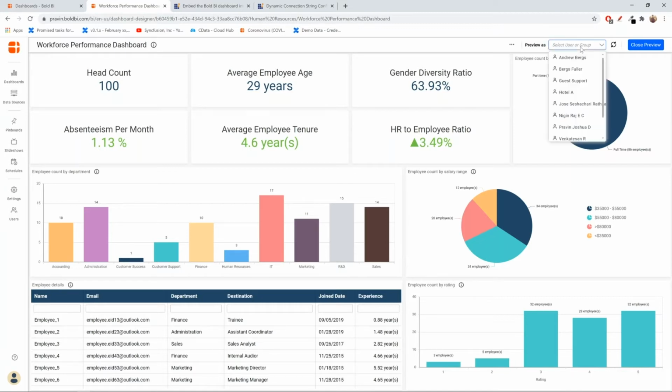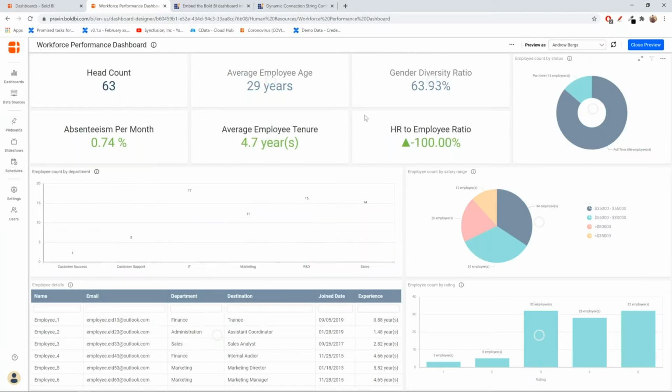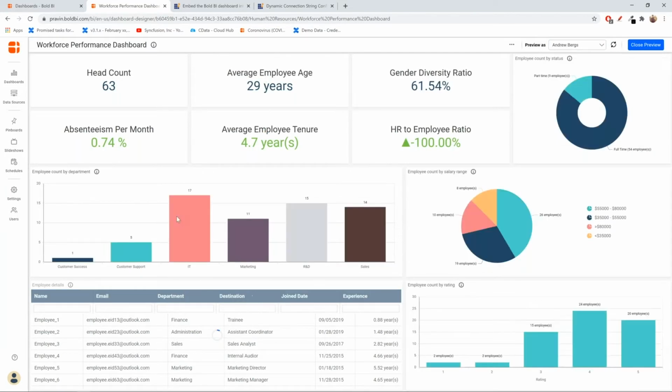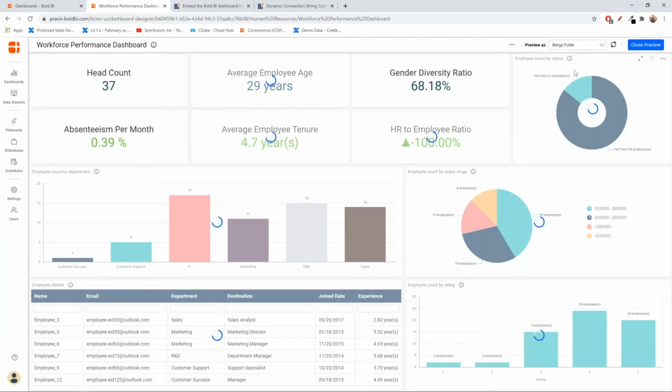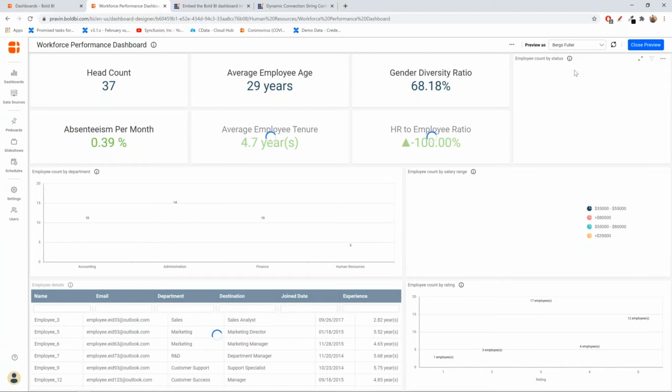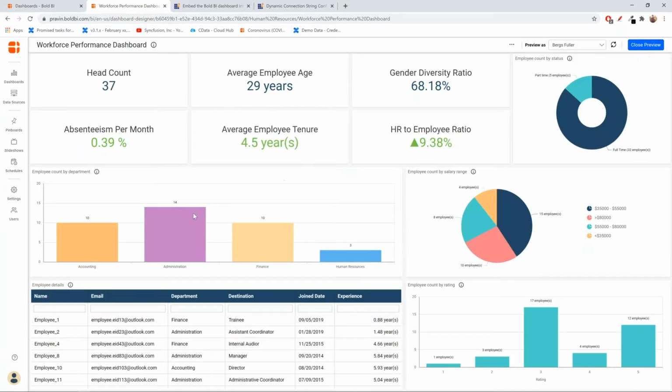But when we choose a particular user, say Andrew, it's going to filter only the particular departments that we have chosen for him and show the metrics for that particular data. And likewise for the other user whom we configured. So you could see the departments are being filtered when we chose the other user.